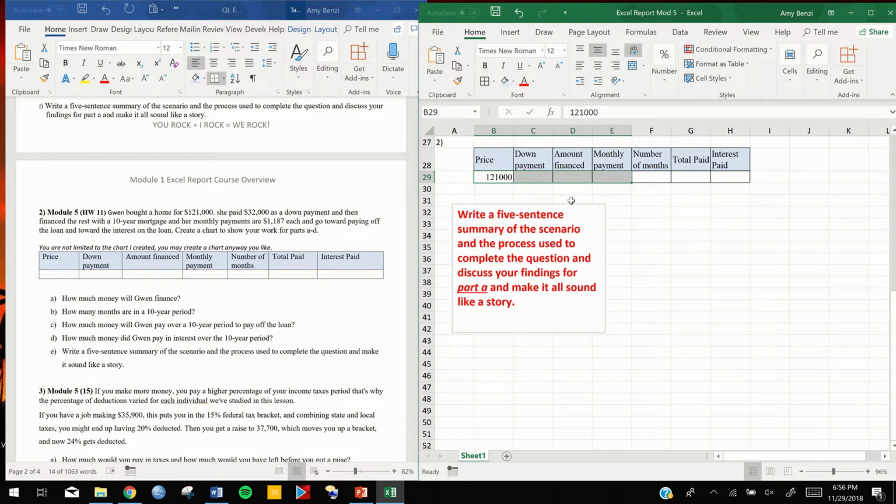I'll hold it down and drag it. Oops, I don't want that other thing. Hold it down and drag it, and then I'll hold the control key on my keyboard, and then over here